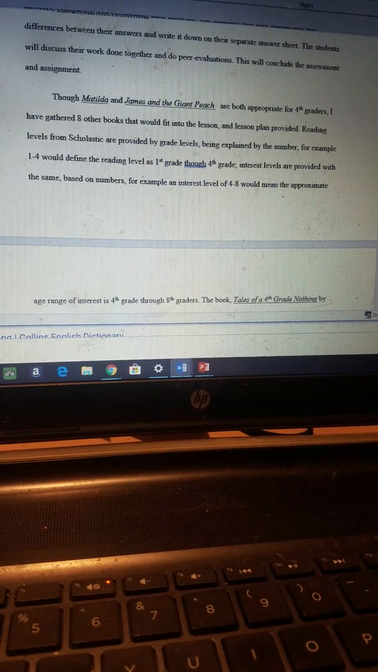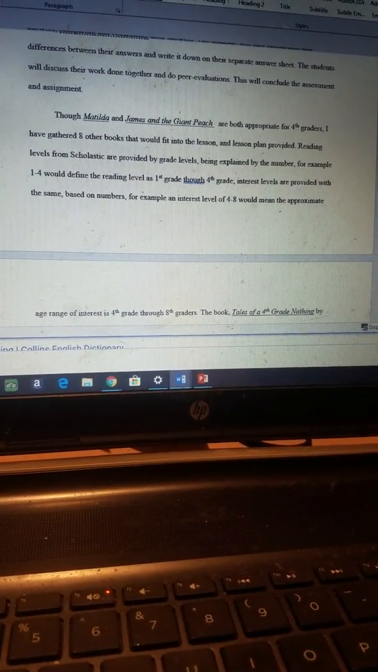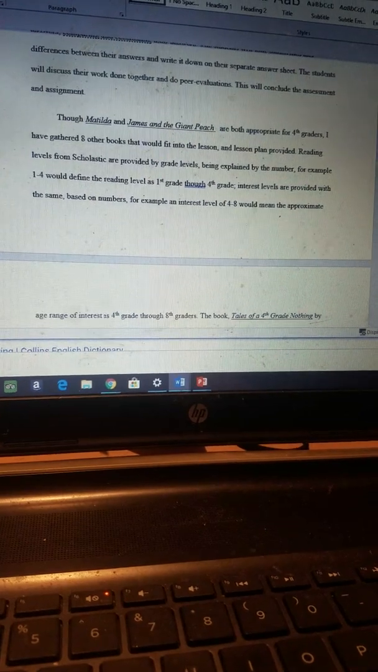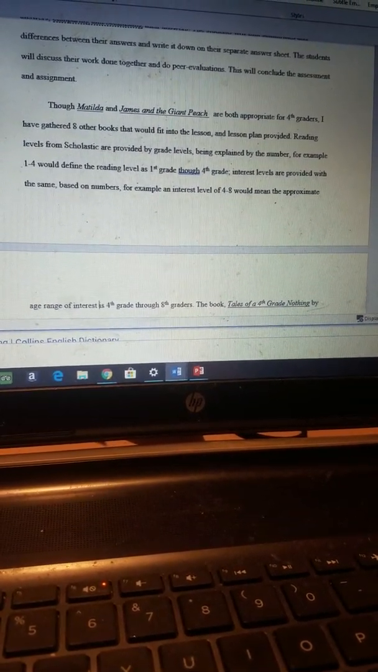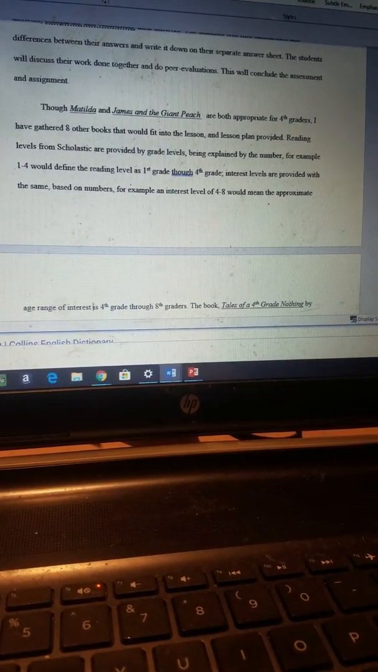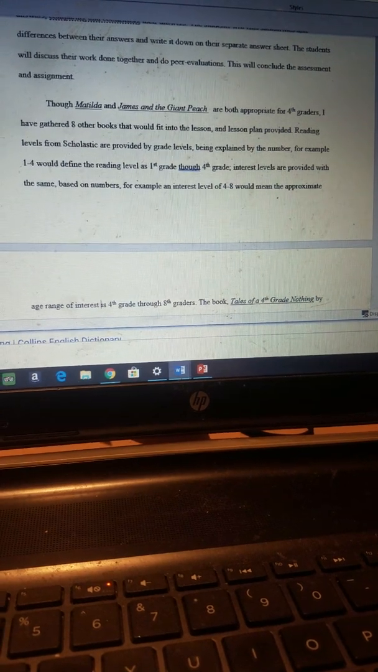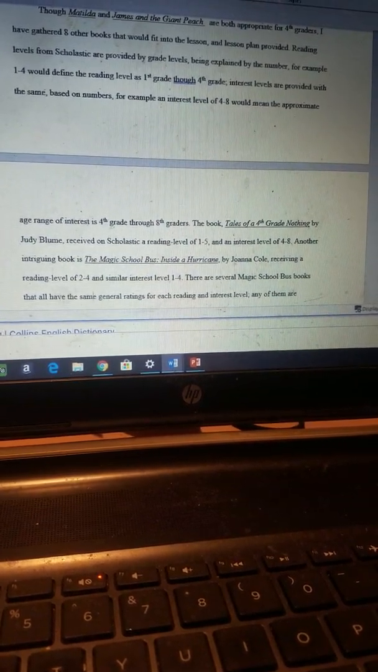Though Matilda and James and the Giant Peach are both appropriate for 4th graders, I have gathered 8 other books that would fit into the lesson and lesson plan provided. Reading levels from Scholastic are provided by grade levels, being explained by the number. For example, 1 through 4 would define a reading level as 1st grade through 4th grade, and interest levels are provided with the same, based on numbers. For example, an interest level of 4 through 8 would mean the approximate interest age range is 4th grade through